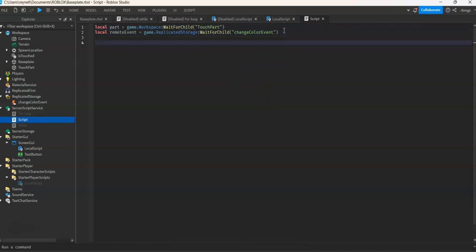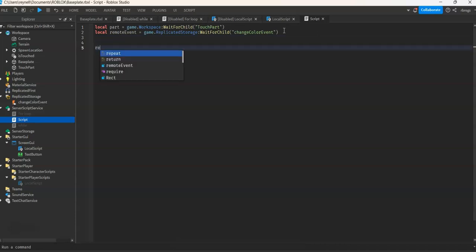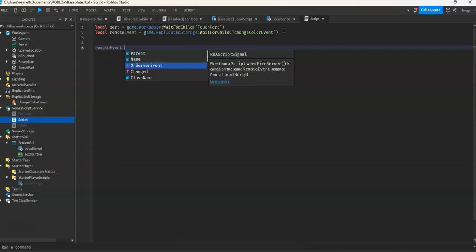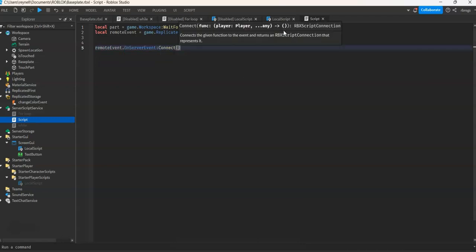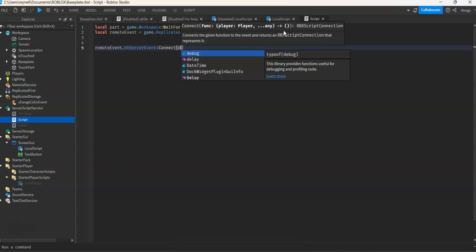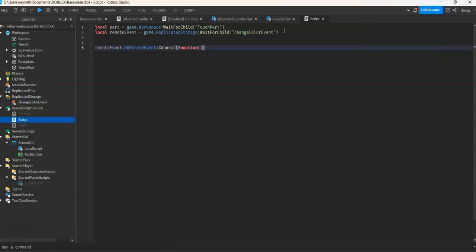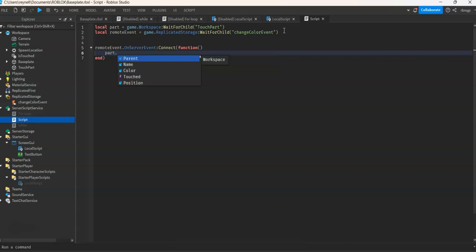So now let's receive the request from our client. remoteEvent.OnServerEvent:Connect function, and then when the server receives the request, we want to change the part properties, which is the color,